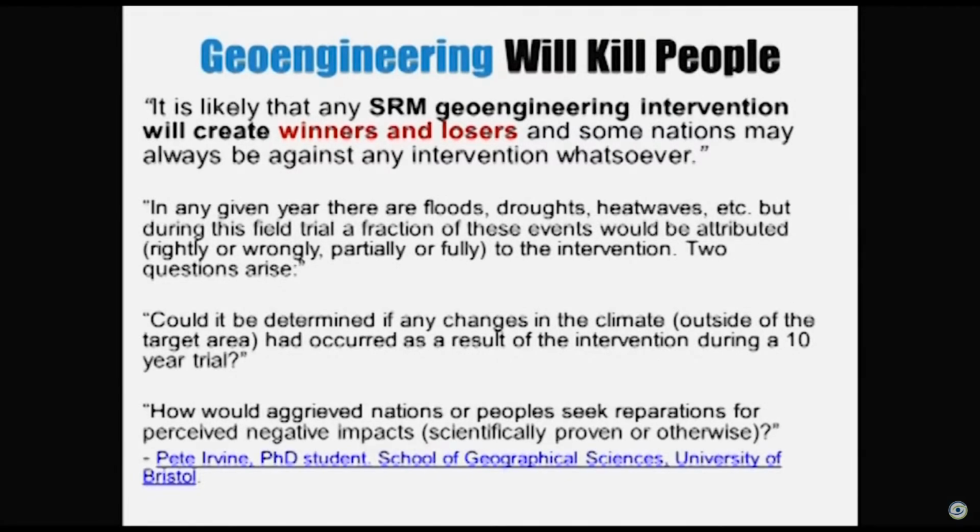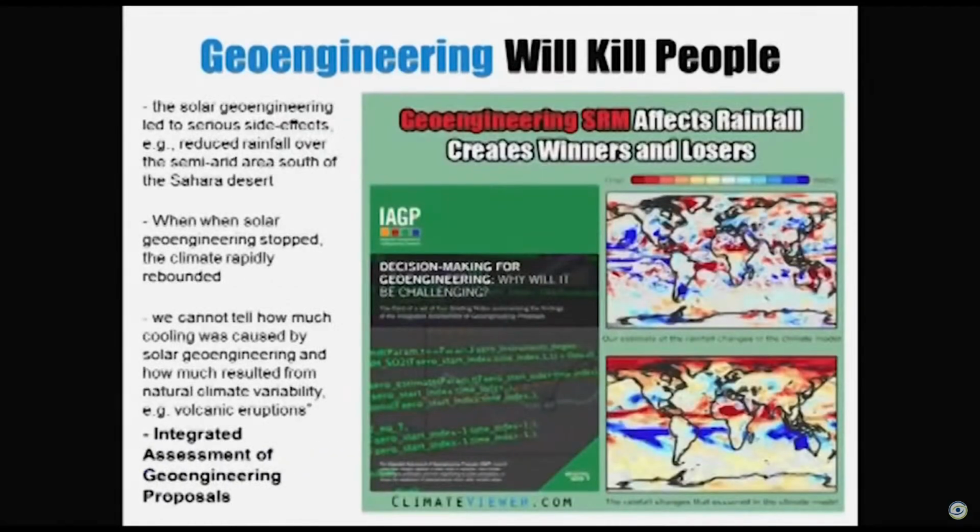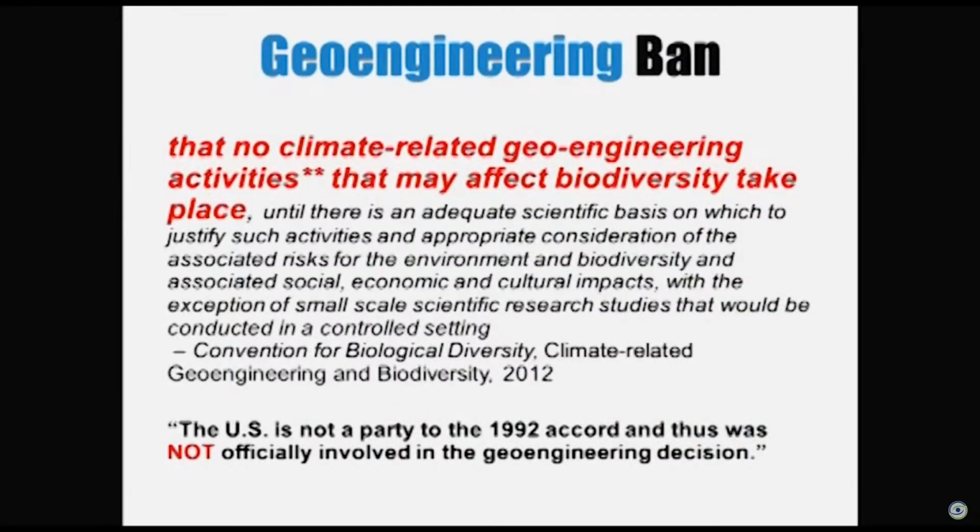But this is the real problem, is that they know it will change rainfall patterns worldwide. And they've got all the charts to prove it. And the natural analog for that is that when volcanoes go off, the Amazon basin can dry up almost completely. And if people in the southern hemisphere are robbed of water permanently as a result of geoengineering schemes, they need to know how to pay the dead people. That's why this is very serious.